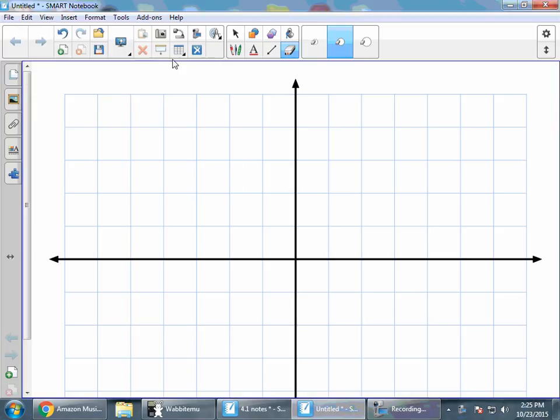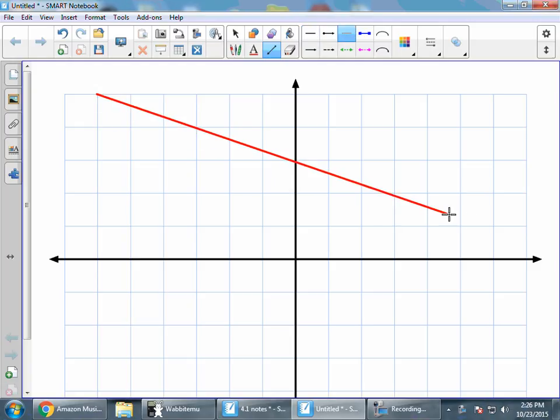Good afternoon, everyone. Today we're going to look at writing linear equations or graphing when given a linear equation. So two different situations. I like to start with the more visual one first if we can. So if we're given a line that looks like this, for example,